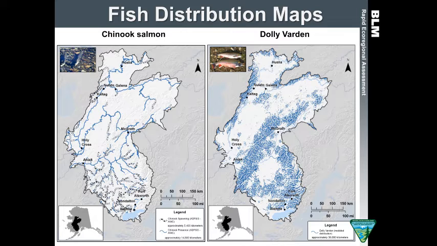So these two maps represent examples of the two approaches we took in terms of the methodology for developing the distribution map. For Chinook salmon, the one on your left, the data were all obtained from the AWC, the Anadromous Waters Catalog. It's all presence data and spawning habitat. And we did this for Chinook, chum, and sheefish. And then the Dolly Varden map is actually a model distribution that Becky Schaftel, who's part of the aquatics program at the Heritage Program, developed, and that's really exciting.